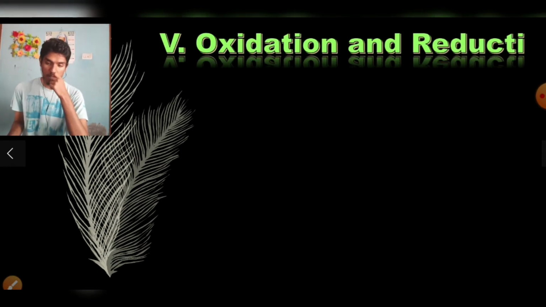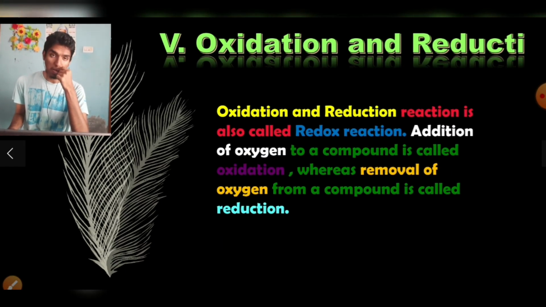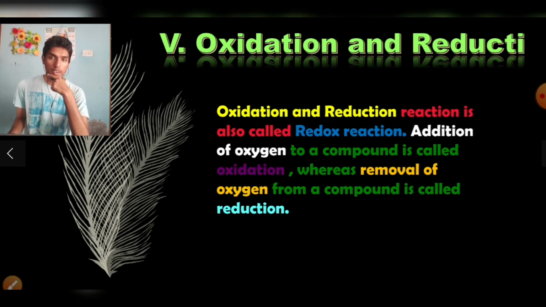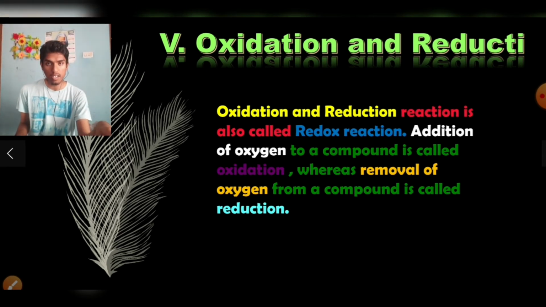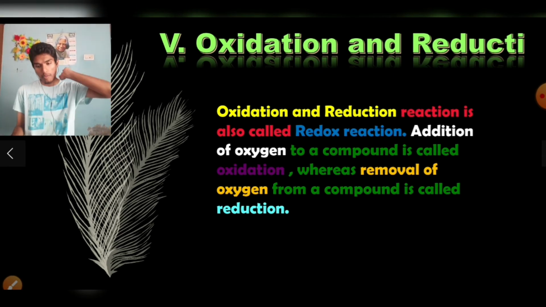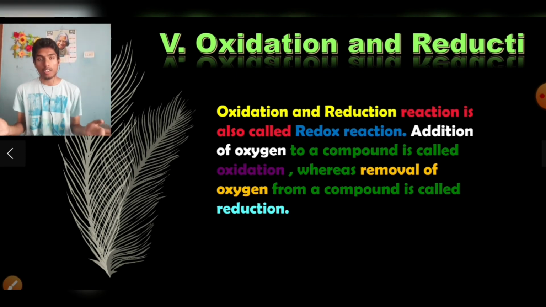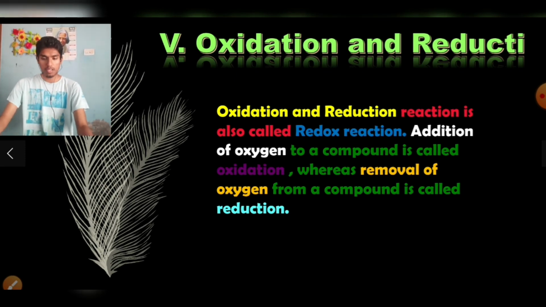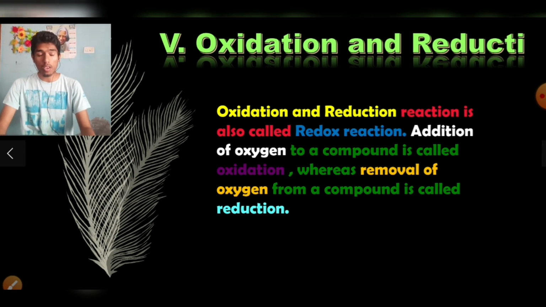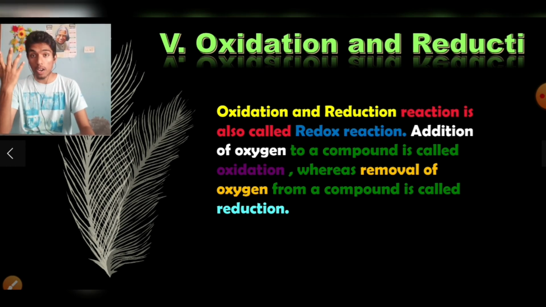Now let us move on to something really important which we see in our daily life, which is oxidation and reduction. Oxidation and reduction are basically two more types of chemical reactions which we see on a day-to-day basis. Together they can also be called redox reactions. So what is oxidation? Oxidation means addition of oxygen to a compound, and reduction is the opposite of oxidation, which means there is a removal of oxygen atoms in the molecule.